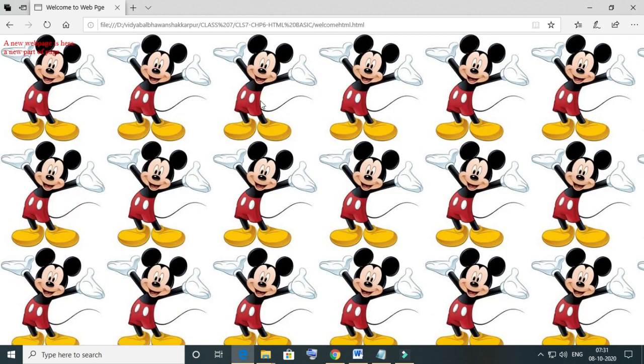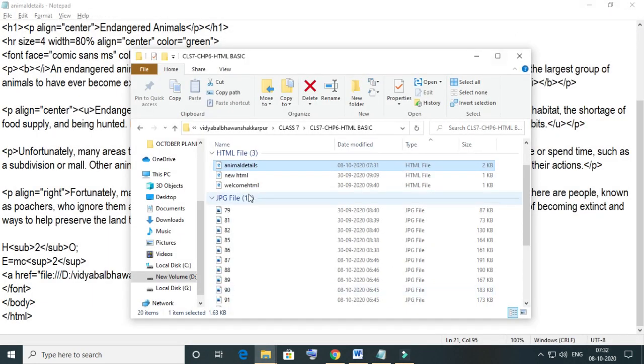Just click here, and see, this page will be opened. So in this way we can add the address of another page, and specify the hyperlink to other pages of the website, right?